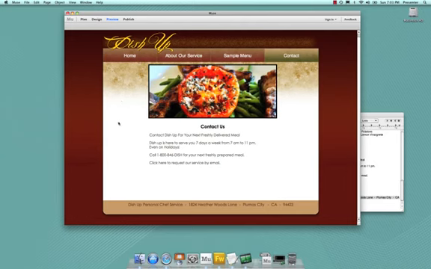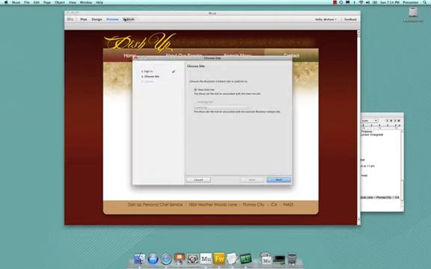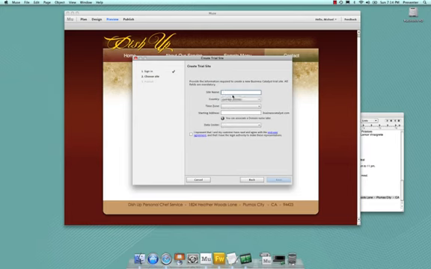The next thing we want to do is get our website uploaded to the web, and there's a couple ways that we can do that. So the first way we can publish our finished website is we can actually use the Adobe Business Catalyst system that is built into the Muse program, and we just click on publish, and we'll be met with a screen that asks us to log in, which I've already done in this example. And now it's going to ask me if I want to create a new trial site, which is what I want to do. I'm going to go ahead and hit next, and it's going to ask me for the site